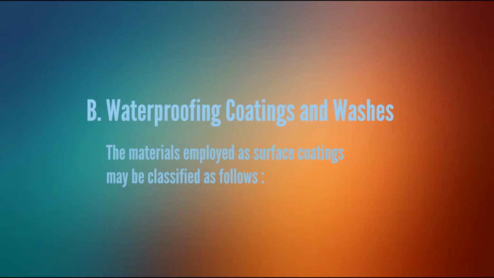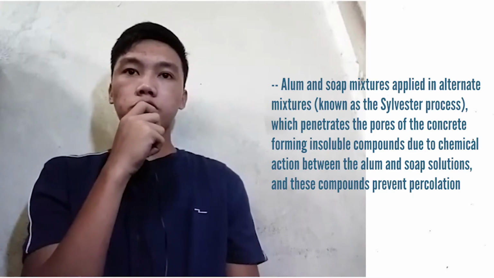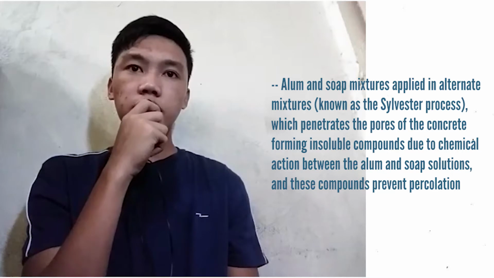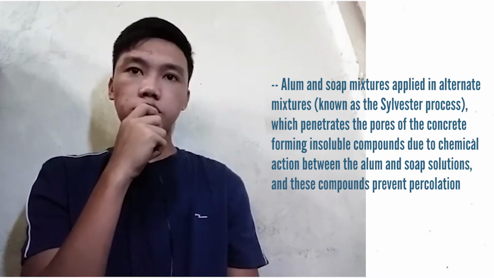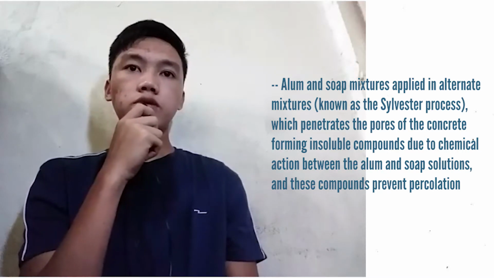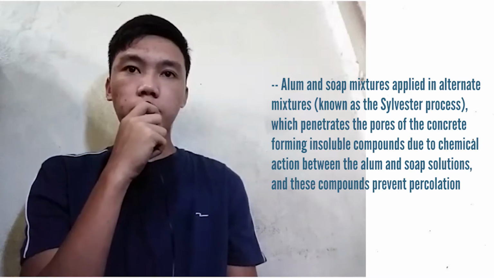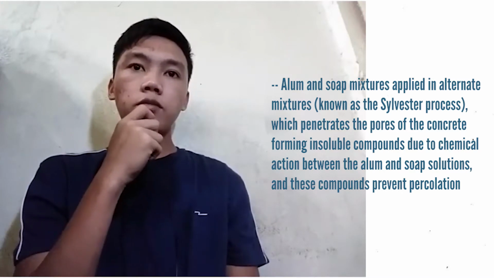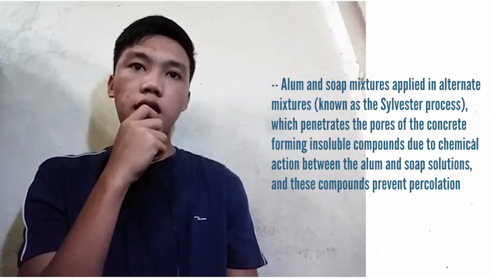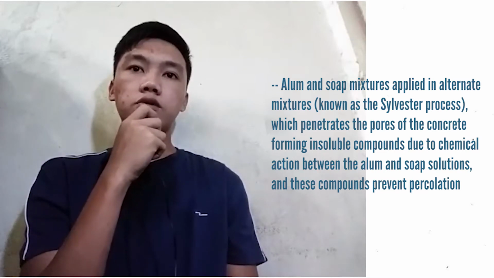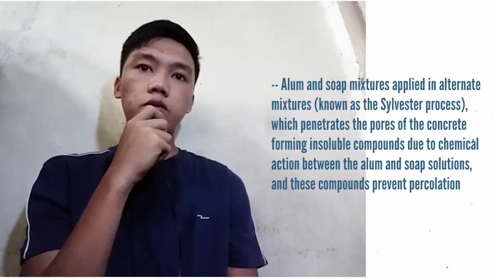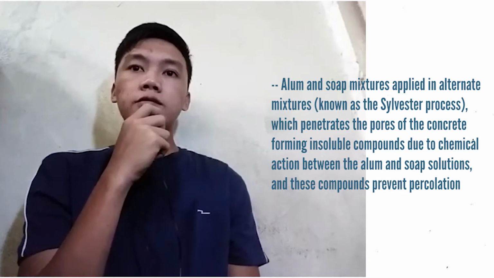About waterproofing coatings and washes. The materials employed as surface coating may be classified as follows. The first one is alum and soap mixtures applied in alternate mixtures known as the Sylvester process, which penetrates the pores of concrete, forming an insoluble compound due to chemical action between the alum and soap solutions, and this compound prevents percolation and